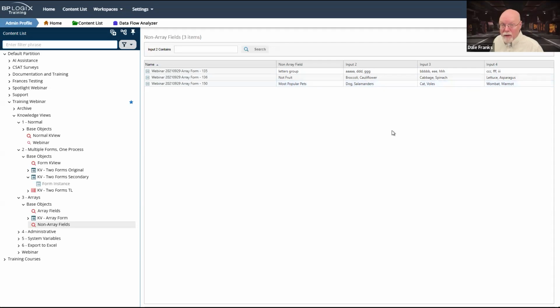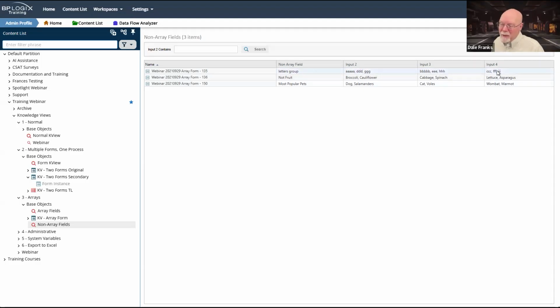Now, the trouble with doing that is, while I can do it, what it is going to return is the actual comma-separated list that exists in the form. So I've got input 2, 3, and 4, and it's returning this comma-separated list for each.